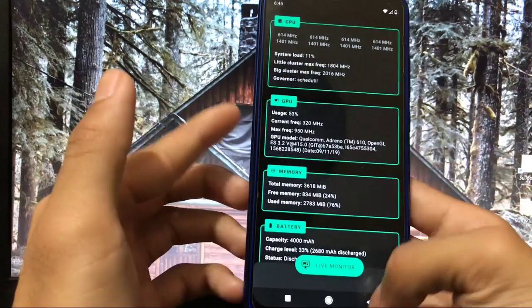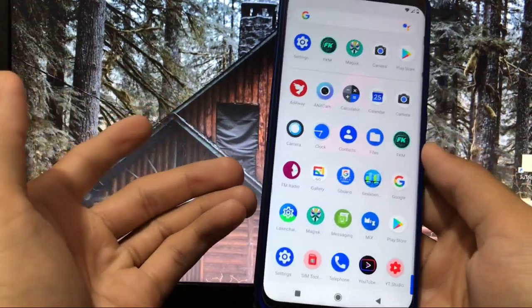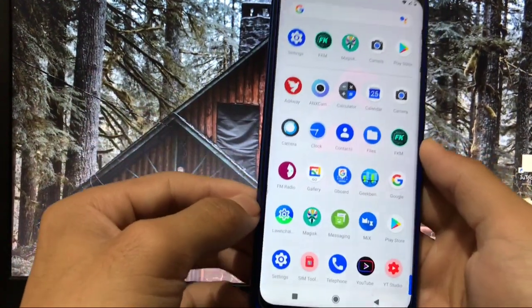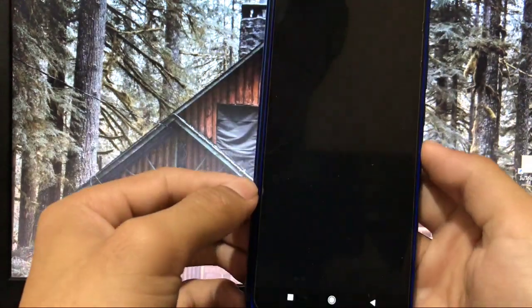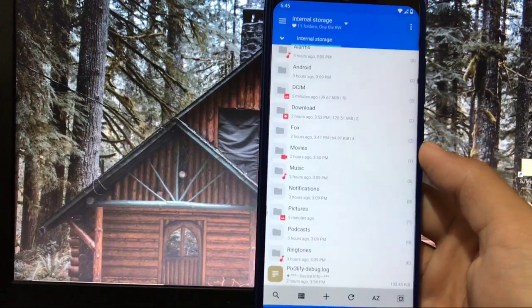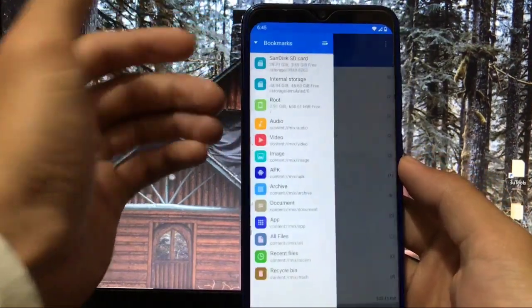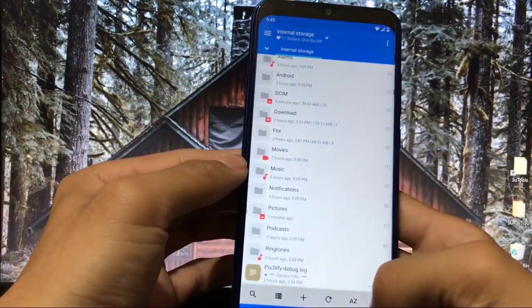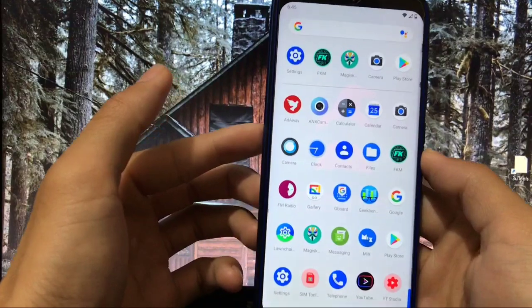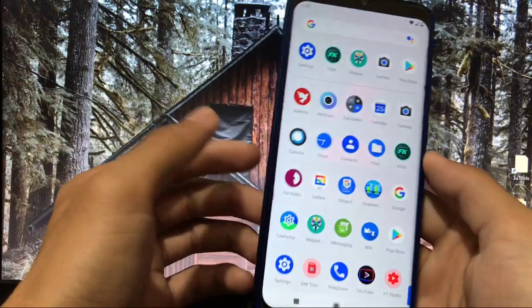This app will not work without root, so you have to root your device using Magisk if you are using my build. If you are using the official one, that's not my choice. You can try out whichever you like. Also, I've added the Mi Explorer app pre-installed, to browse content on your device. If you want a file manager which is helpful and has a lot of features, then Mi Explorer is for you. This app is also available in this unofficial build and it is not available in the official build. So these are the things you get in my build. If you want to try out my unofficial build, you can try it right now, and if you want the official build, you can try that too.